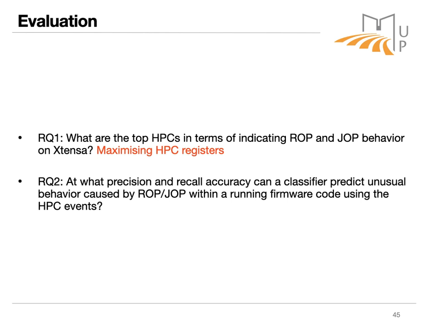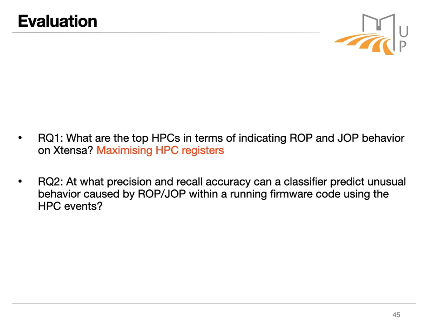So after exploiting several similar payloads on instrumented programs running on Xtensa, HPCs were collected in order to measure and verify how well this approach can detect code reuse attacks on Xtensa. We developed a binary classifier and evaluated it based on two questions. What are the top HPCs that could be simultaneously read and that could indicate the patterns of code reuse attacks using ROP or JOP on firmware functions running on Xtensa? Also, at what precision and recall can a binary classifier predict this kind of behavior using the proposed hardware performance